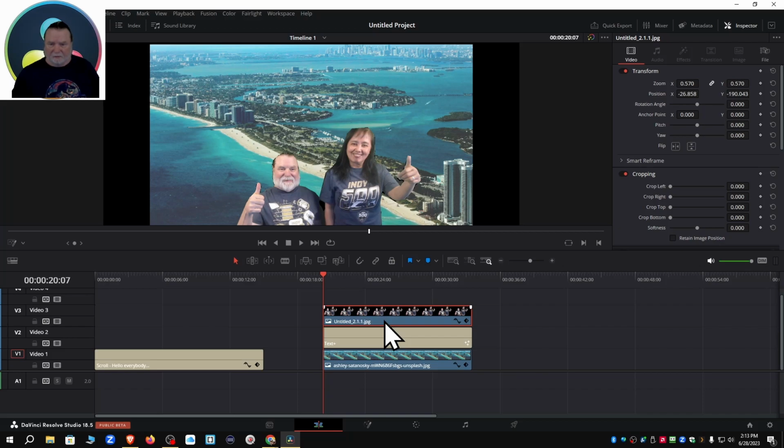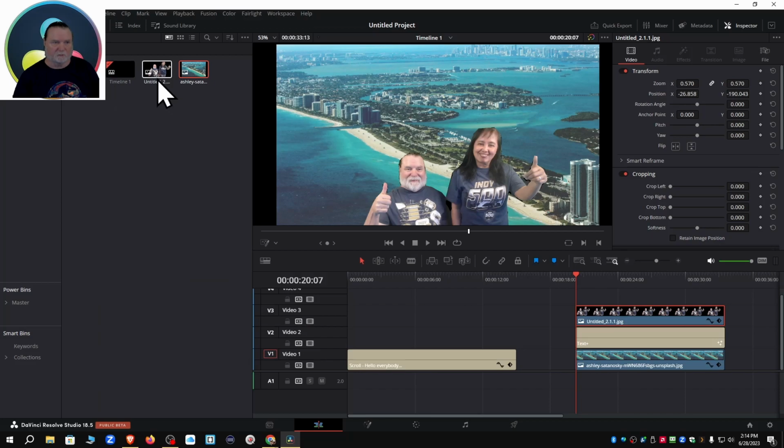Believe it or not, this is about my best attempt at rotoscoping, and I did it a somewhat interesting way. But I still see a little black every now and then. And our heads, because of the way I took the picture, are not going to ever be perfect because it's just a horrible picture. And I can show you that by going over here, and I think it's this one,